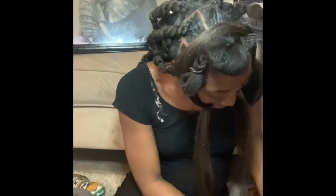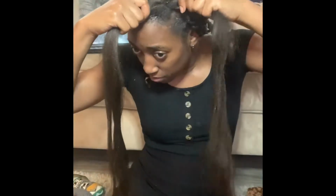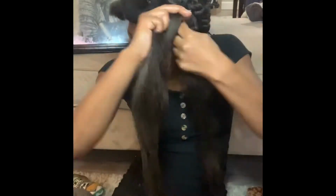For some reason, I was having the hardest time with my rubber bands. They kept breaking. But anyways, I think it's because they were old rubber bands and I had them soaked in oil. So definitely don't soak your rubber bands in oil, just get them nicely coated. But once I finally got it on and secure,